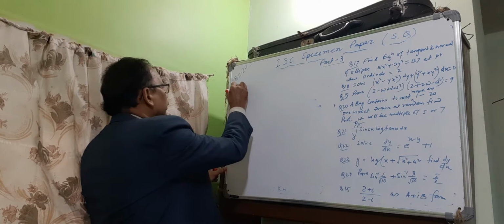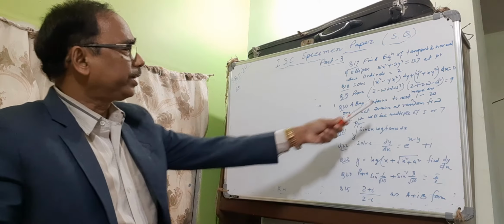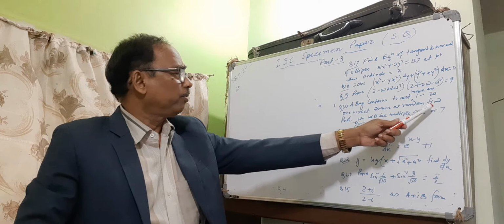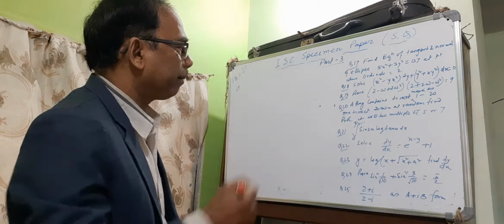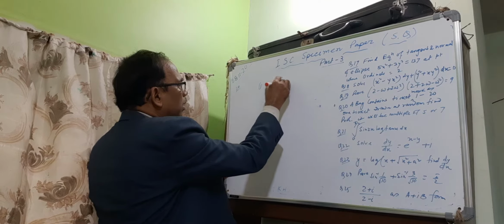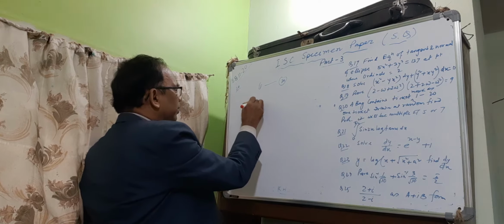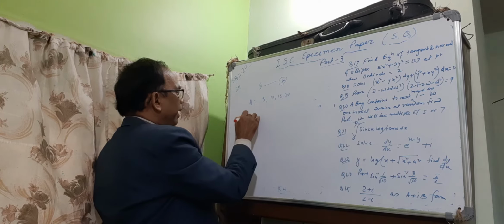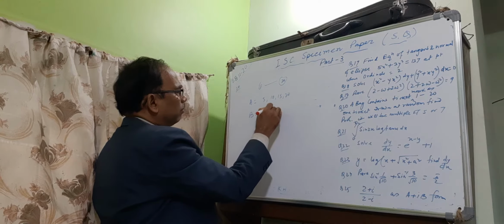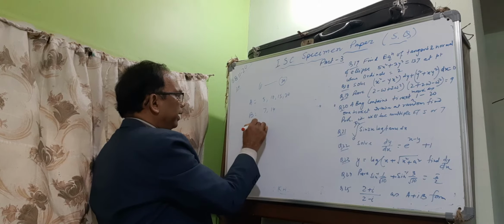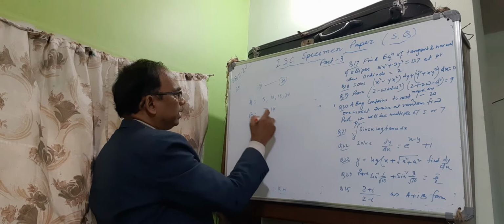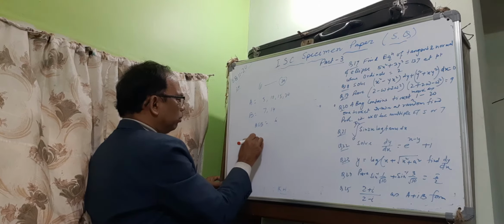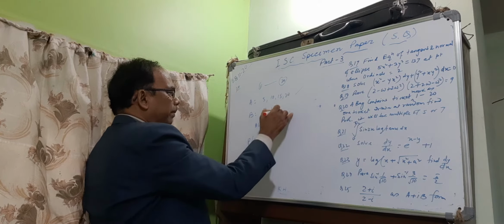Sum number 20. A bag contains tickets marked 1 to 20. One ticket is drawn at random. Find the probability that it will be a multiple of 5. Now, tickets are marked 1 to 20. Let A be the ticket that is a multiple of 5, that is 5, 10, 15, 20. And B is the multiple of 7, that is 7, 14.